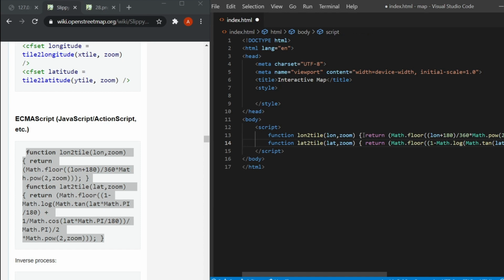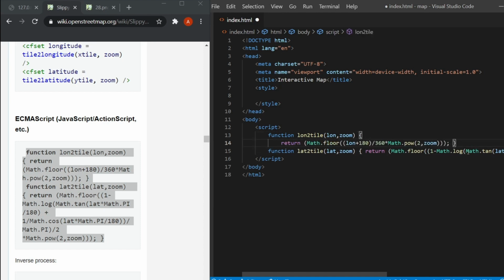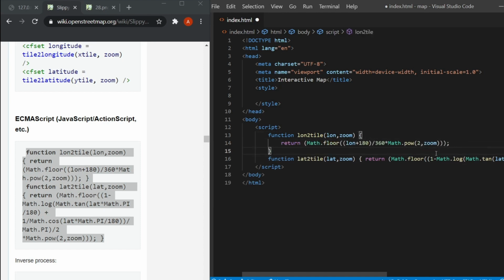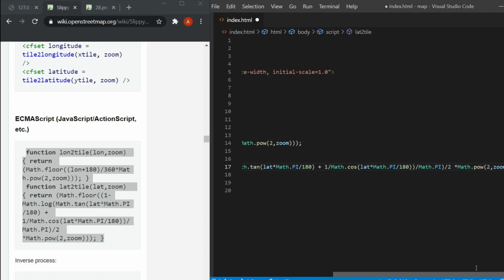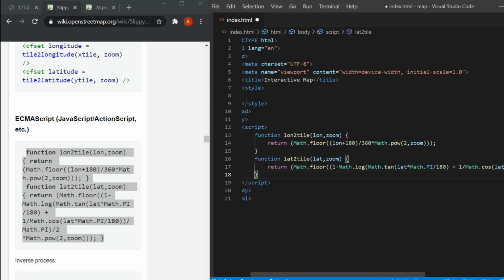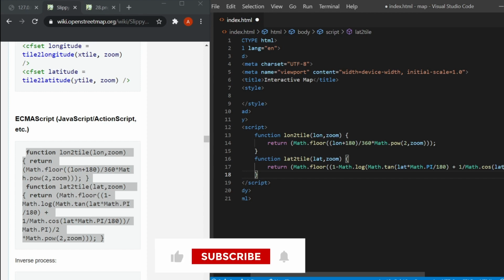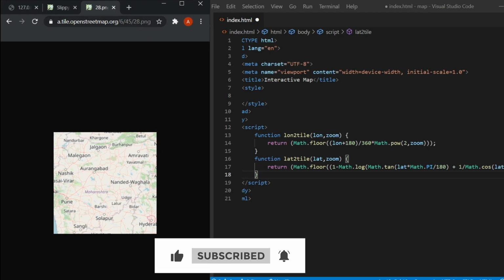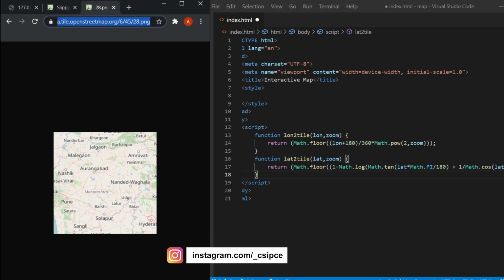Let me put some white space here, white space there. Finally, one more. Yes. Okay, so let us also create a function that returns the image source URL for us, where we can just supply the zoom level, X and Y values, and it would return this particular URL for us.